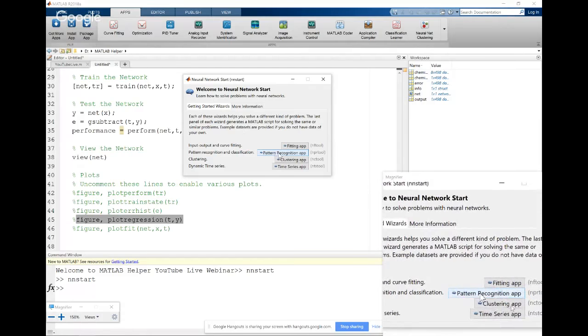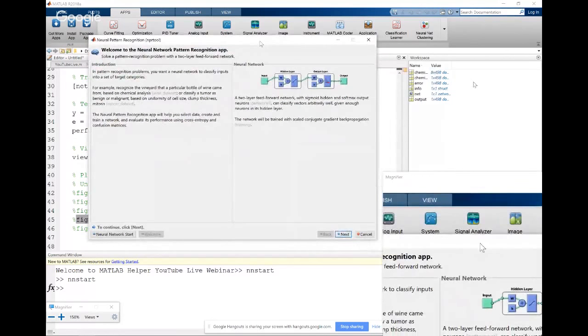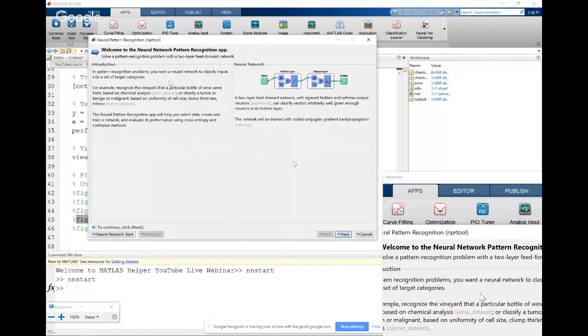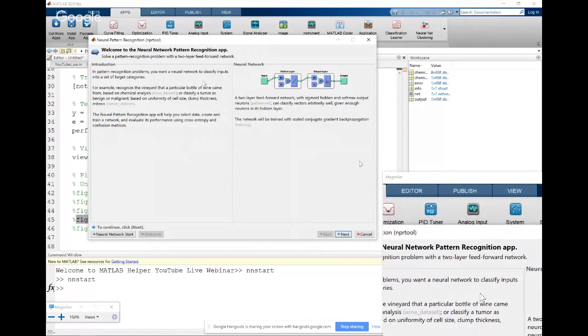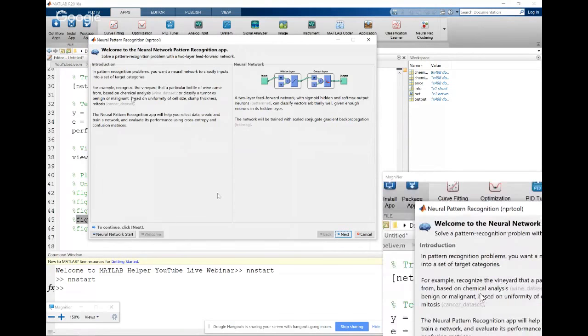Clicking on the pattern recognition app portion, this is the first panel of the pattern recognition part. As it says, there's an introduction. In pattern recognition problems, you want a neural network to classify inputs into a set of target categories. In this app, we'll be taking an example which is mentioned over here.